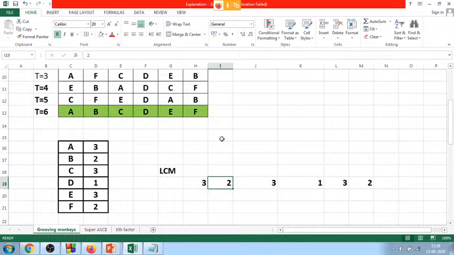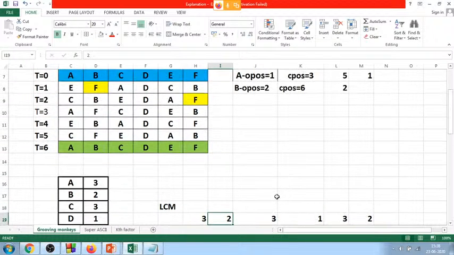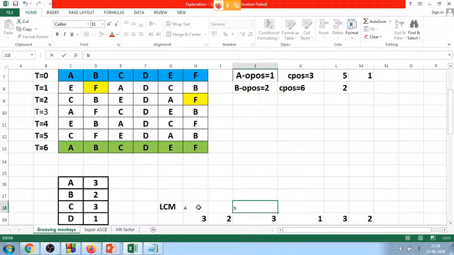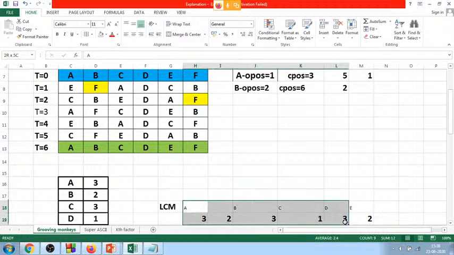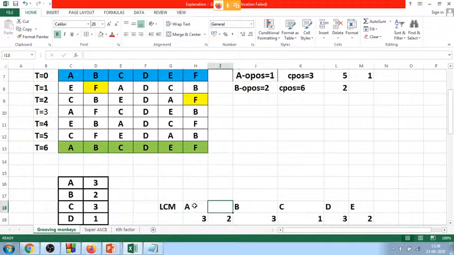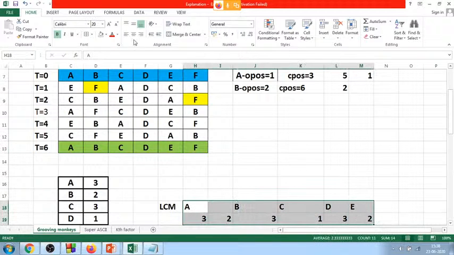What you can do is notice that some sequences resemble each other here. This is the position of A monkey, B monkey, C, D and E. These are the positions, right? So before taking the LCM, we can